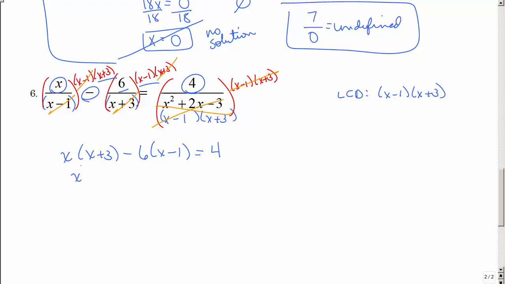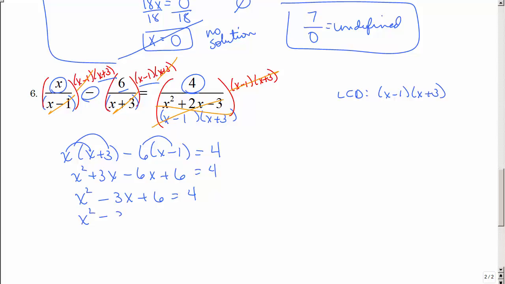Now we're going to distribute. Make sure that x gets distributed to both. Make sure the negative 6 gets distributed to both. Watch your signs. Collecting like terms. I see that it's quadratic because of that x squared, so I'm going to subtract my 4,